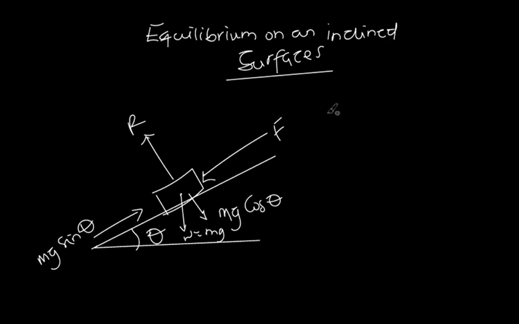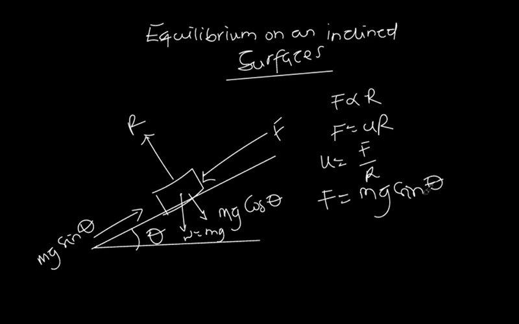Now let's look at some deductions we can get from this. We know frictional force is proportional to the normal force. When we remove the proportionality, we introduce a constant which we call the coefficient of friction, u. Let's make it the subject: the coefficient of friction is frictional force divided by the normal reaction. From this example, our frictional force is Mg sine theta, and our normal reaction R is